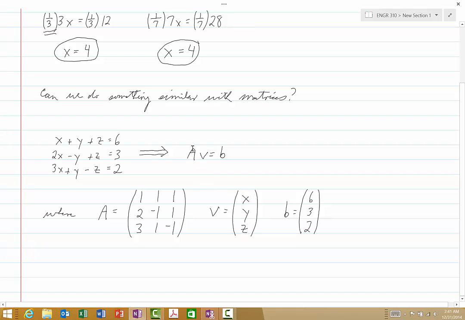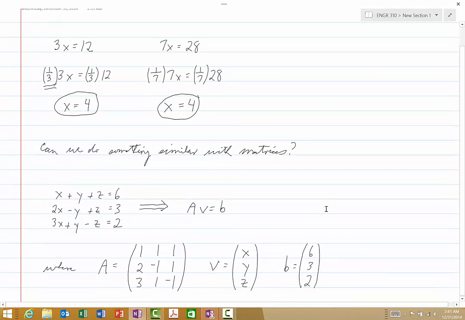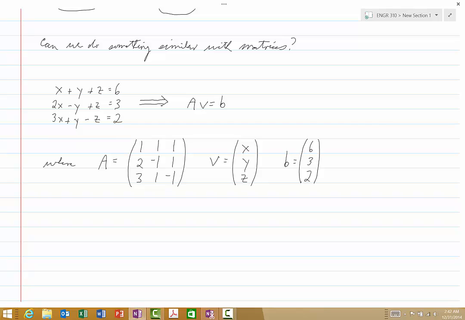So we have a known quantity, an unknown quantity, and a known quantity. And that looks just like these two equations. We have a known quantity, an unknown quantity, and a known quantity. Or here, known, unknown, known. So this matrix equation has exactly the same form as these scalar equations that we have at the beginning of today's lecture. And so it leads to the question,